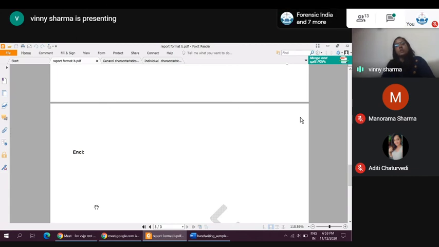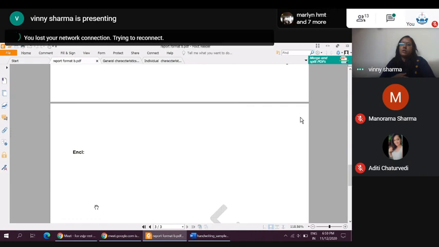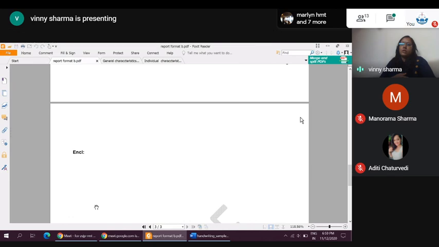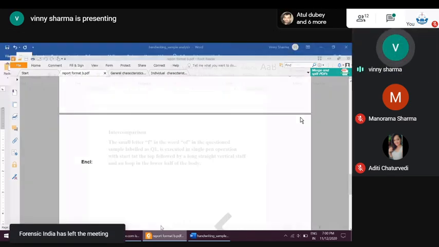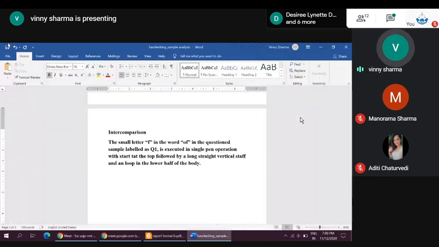On the photographs, mark the characteristics you are using with a permanent marker as an arrow, or better, make a juxtaposition chart. You make that juxtaposition chart. On one side you keep the photograph, on the other side you keep the... presentable. Okay, so this is all about report writing, how to make it more effective, how to perform